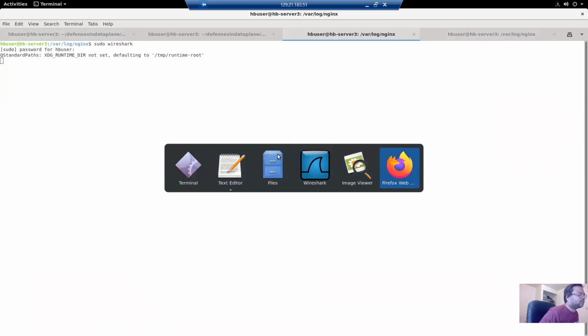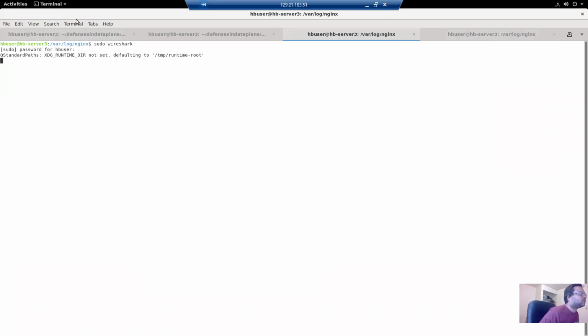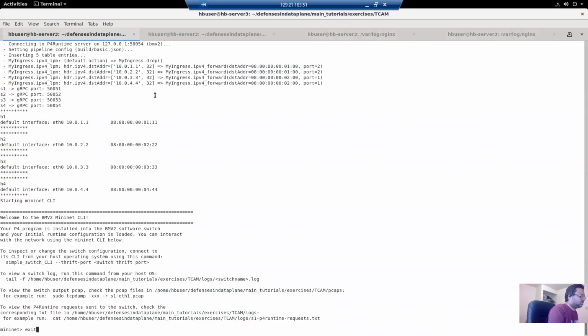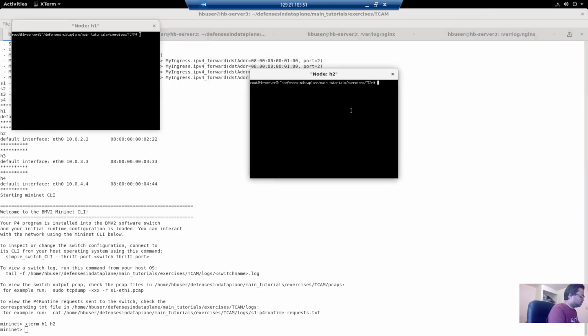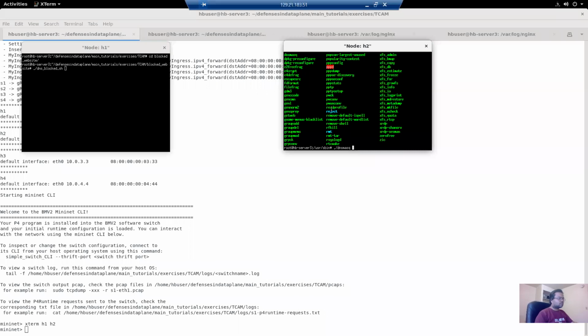Wireshark. Let's see. CD. So we need to get into /users admin where you have this dnsmasq utility.